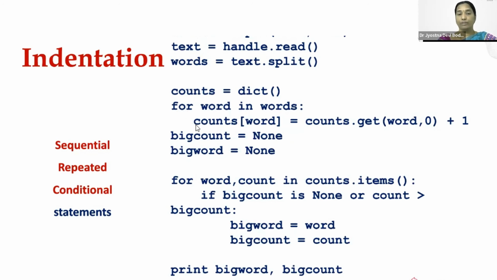If we fail to give this indentation wherever it is required, then Python will generate an error. That is how it is mandatory to give the indentation. Now this for loop contains this statement alone. Then after this statement, the big count equal to none statement does not need to start with any indentation. So these statements should follow in the same column itself. Again after the for, there is a block, and big count after this there are